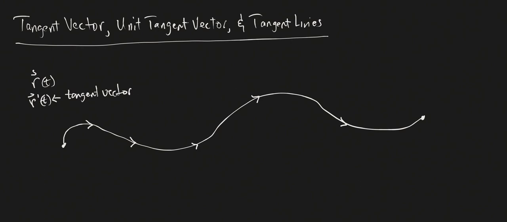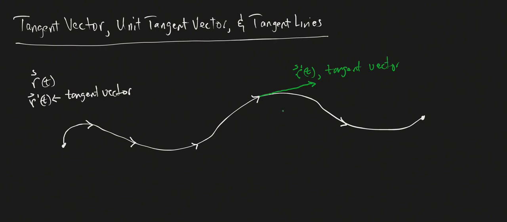And we have the idea of what a tangent vector is. So at that point, it will point off this way, and it will be a vector, right? So this green vector is given by r prime of t, and we call that the tangent